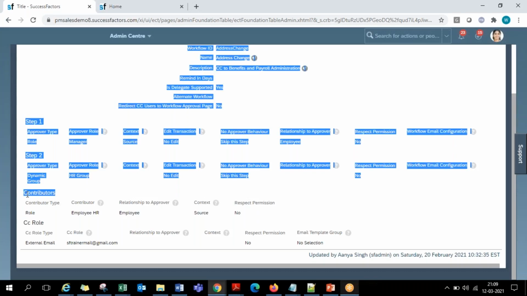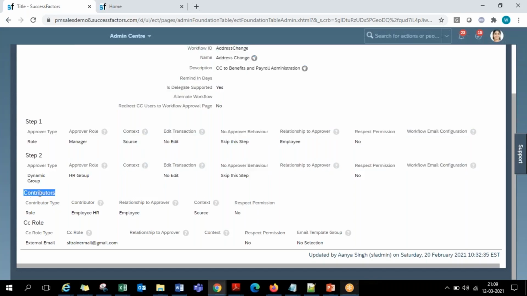Once we are done with this configuration, if we see the output also, we will get more clarity. End of the day, whatever an approver can see, a contributor can also see, except the buttons called approve and decline, the rest they will have. That is the contributor role. And the CC role is a person whom we maintain in the CC role; they will be notified about this workflow at the end of the workflow. So somebody initiated it, it went for first level approval, it went for second level approval, whatever done. After all the levels of approval, finally it is approved or finally it is rejected. That single notification is what will be sent to the person in the CC role, saying that the leave request of Mr.